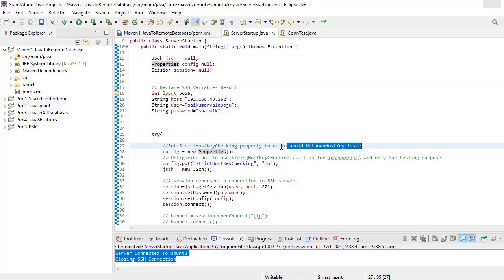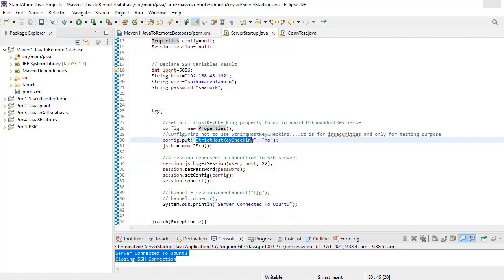If you are an unauthorized person or there are security concerns, we just ignore all those things. That's why we create the config object using properties. In that properties object we put StrictHostKeyChecking as no. I'm doing this only for testing purposes.